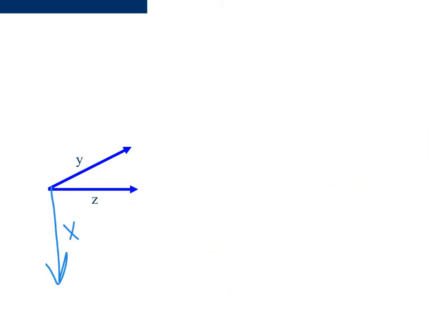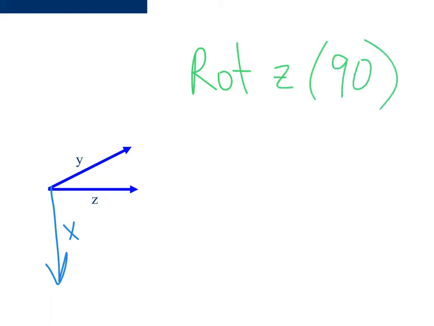And let's just try this other example here. How's about we do a rotate about z of 90 degrees. So if we want to rotate about z of 90 degrees, we stick our thumb so that it's pointing along the z-axis, which means that our fingers are going to curl around that way. I'm doing a positive rotation of 90 degrees. So as I twist this in the positive z direction,